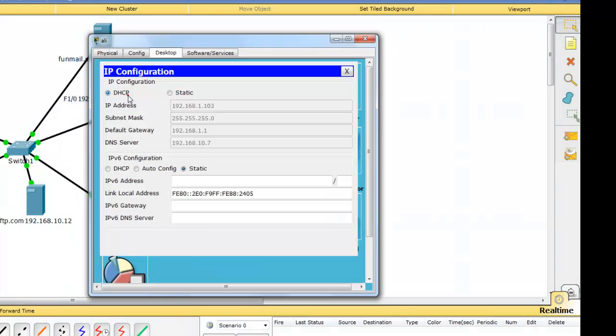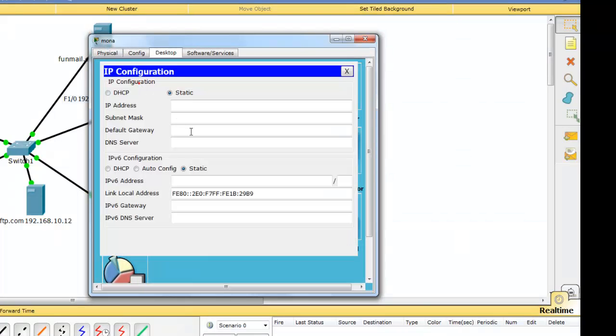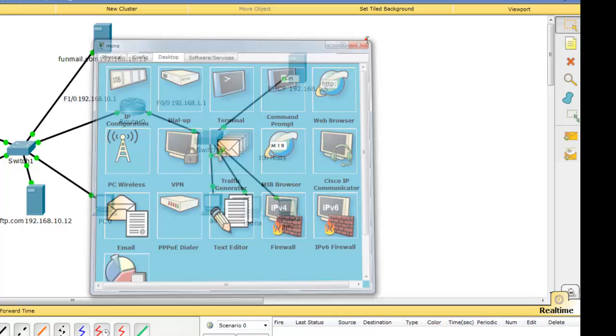I'll go to Ali. I'll configure it with DHCP, requesting. DHCP request successful. It got the first address. It also knows now the default gateway and the DNS. Let's go to the second one, Mona. DHCP. It got the second one. Let's go to the third one,